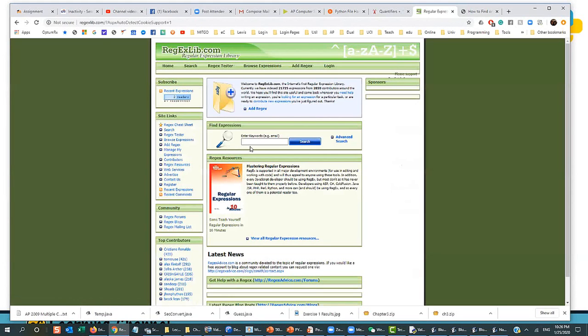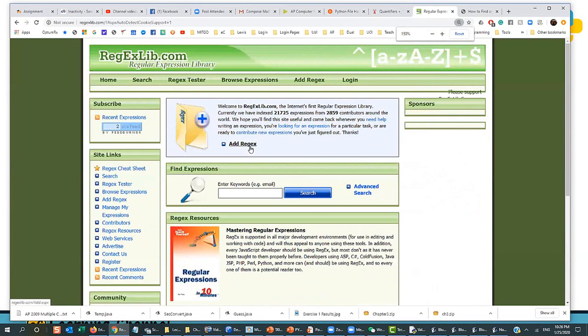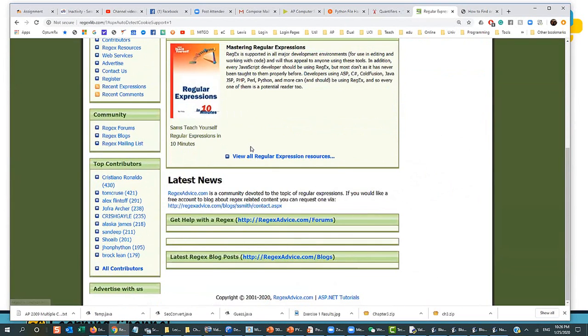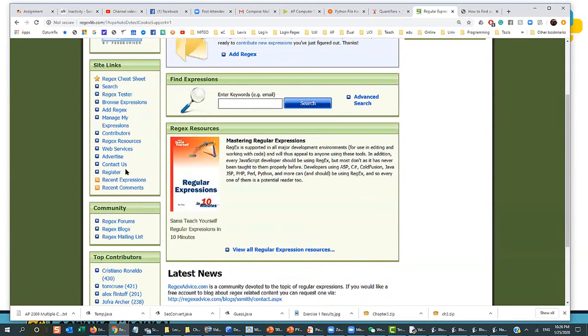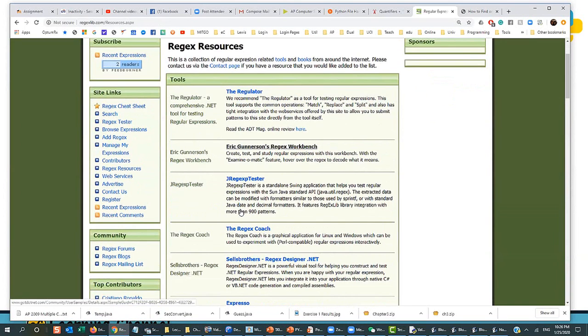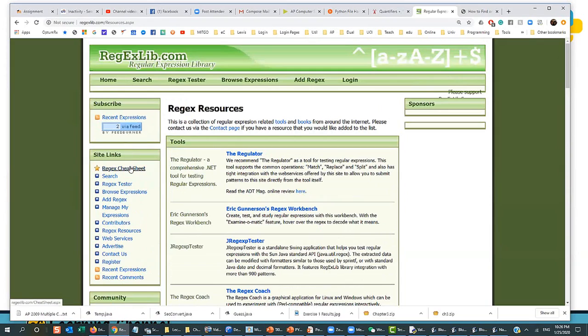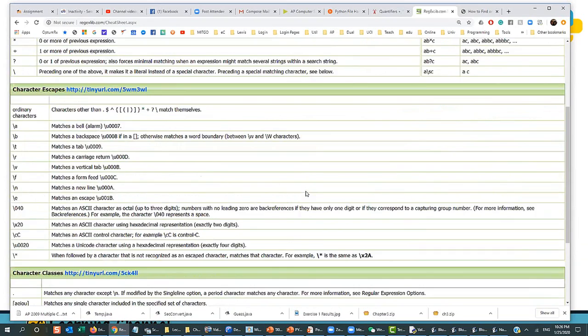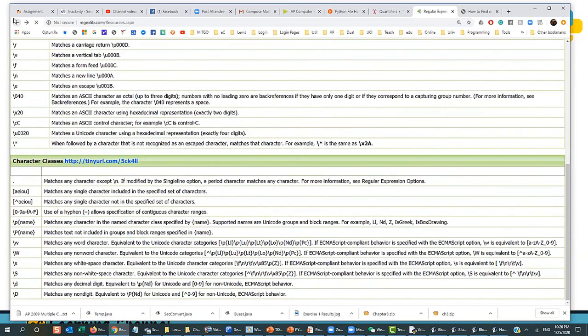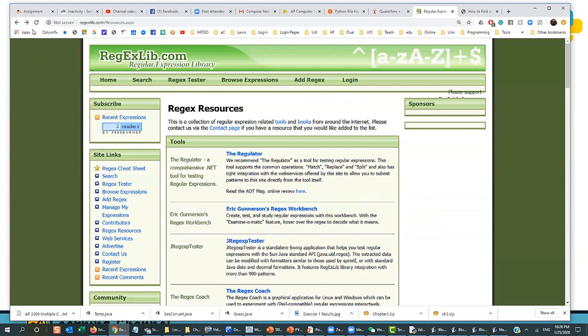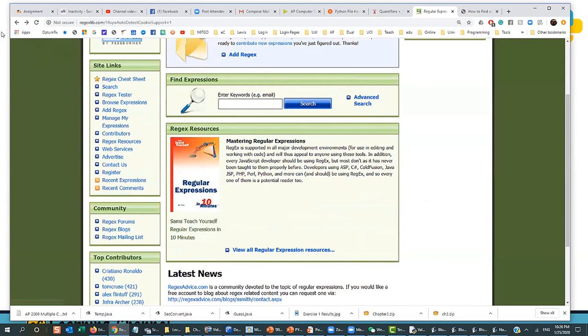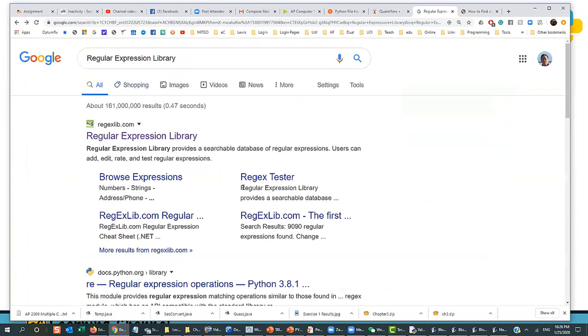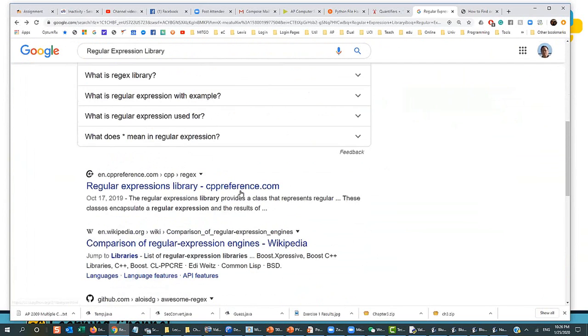There are regular expression libraries, and you can find all kinds of regular expressions over here. You can find different kinds of regular expressions. They have testers and a regular expression cheat sheet. It is a very mature technology, so you just need to spend some time to learn it, and it is very useful whenever you go to college or try to